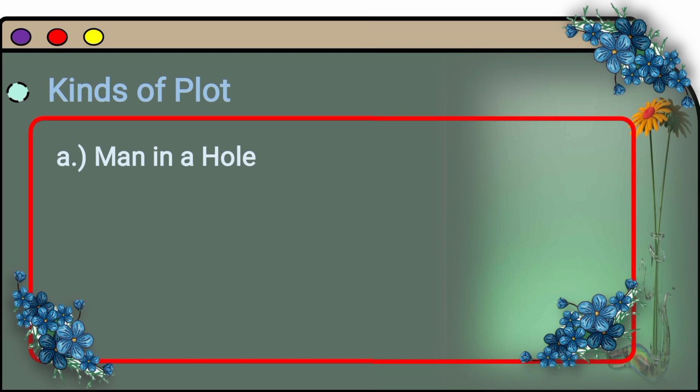Next is Man on a Road. This kind of plot is found more often in a novel than in a short story. A novel is an expanded short story. It has the same elements as in a short story. Many novels and short stories achieve their unity not through a single action but through a single hero walking through various stages on the road of life. Man on a Road is episodic. It tends to stretch out.